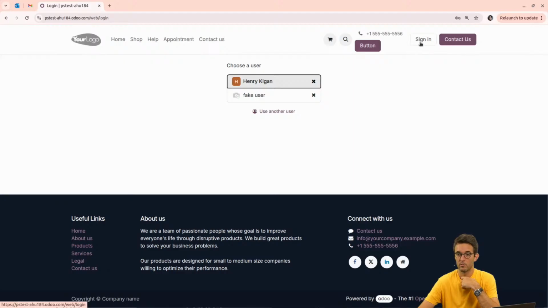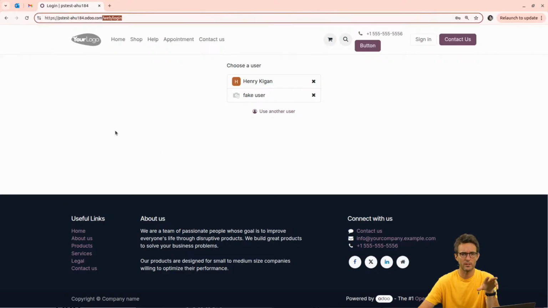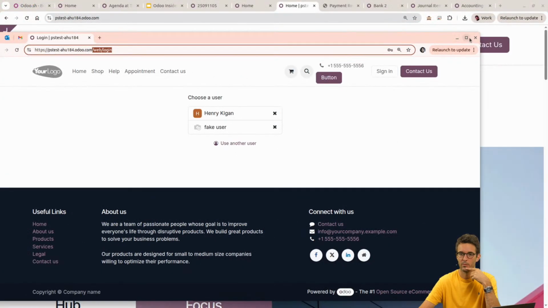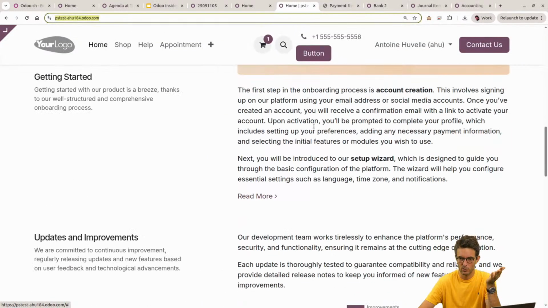If you want to remove the sign-in button here, that would be possible as well. You can go on the view that defines it, so that you keep the contact button, but you remove the sign-in one. That would be working as well. But I'm not sure if I'm getting what you want to accomplish correctly. Eventually tell me, give me the URL, so maybe not the left-hand side if you don't want to disclose your company name, but you can give me the right-hand side so that I see which page you're talking about. Maybe it's another extra button that was added that I don't know, but on a standard thing, usually, unless I'm mistaken, you don't have a login button